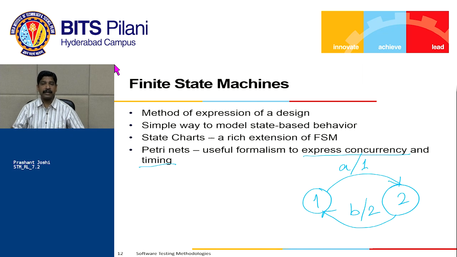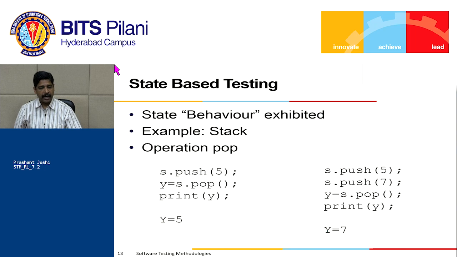There could be concurrency, where we need two things to happen at the same time. Maybe there are two processors which are going to synchronize and make things happen at the same time. Those would come from Petri nets. Let's focus on finite state machines and get to it. We'll look at a very, very simple example. We'll look at a stack